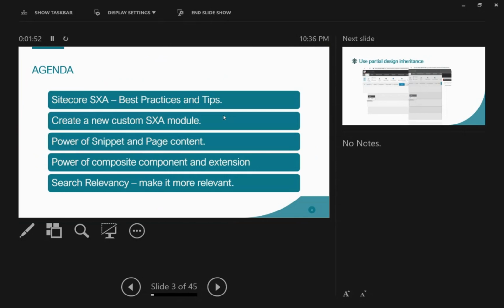I think search is almost the key part of almost all projects. So we'll discuss all the typical scenarios and how we can get the benefit of SXA.